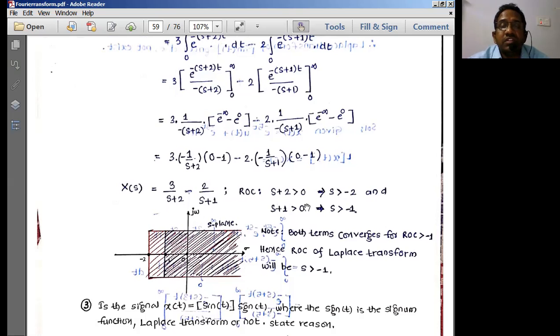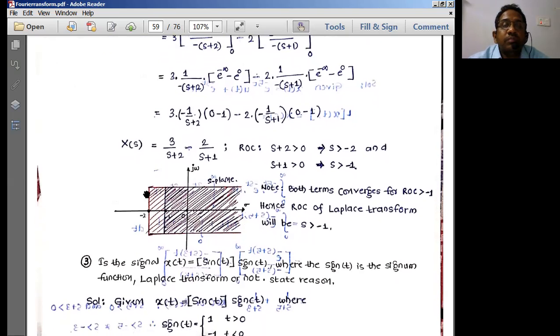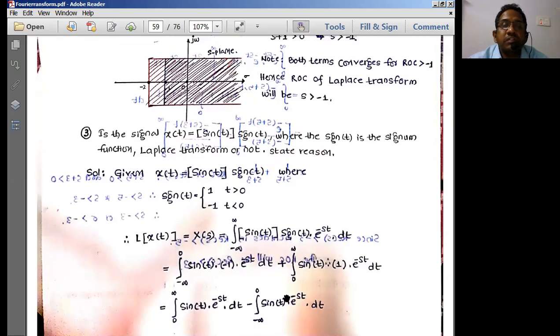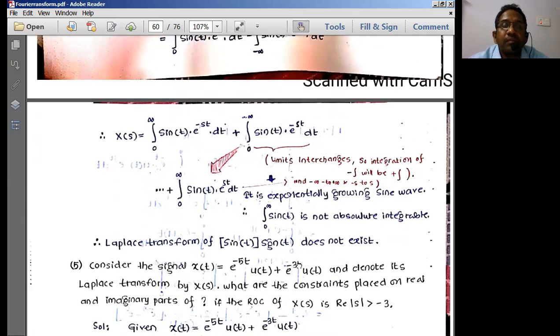In either case, it is going to be greater than 0 only, because the t value is greater than 0. So s plus 2 greater than 0. That means, with sigma inside s, sigma plus 2 greater than 0, so sigma is going to be greater than minus 2. And here sigma plus 1 greater than 0, which is nothing but sigma greater than minus 1. So please draw two lines here, the minus 1 line and the minus 2 line. The region of convergence is going to lie in the entire region greater than minus 2. Inside this, we're going to have minus 1 also. So this is the region of convergence of this particular type of signal.